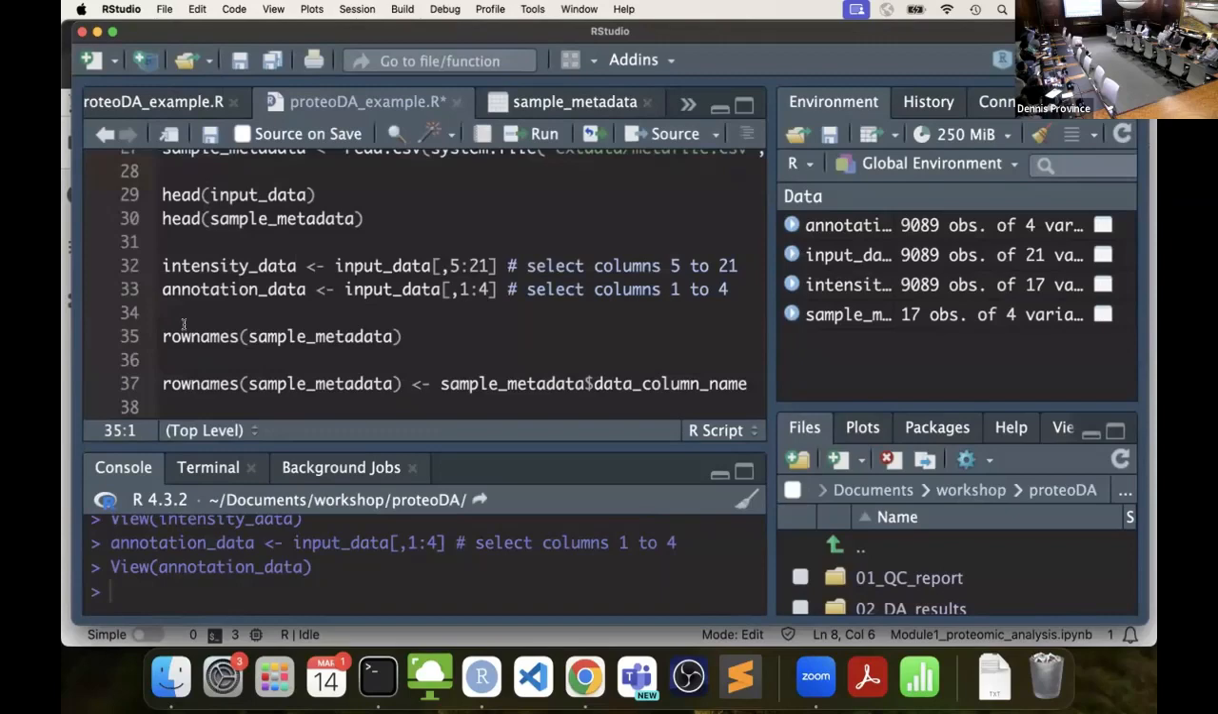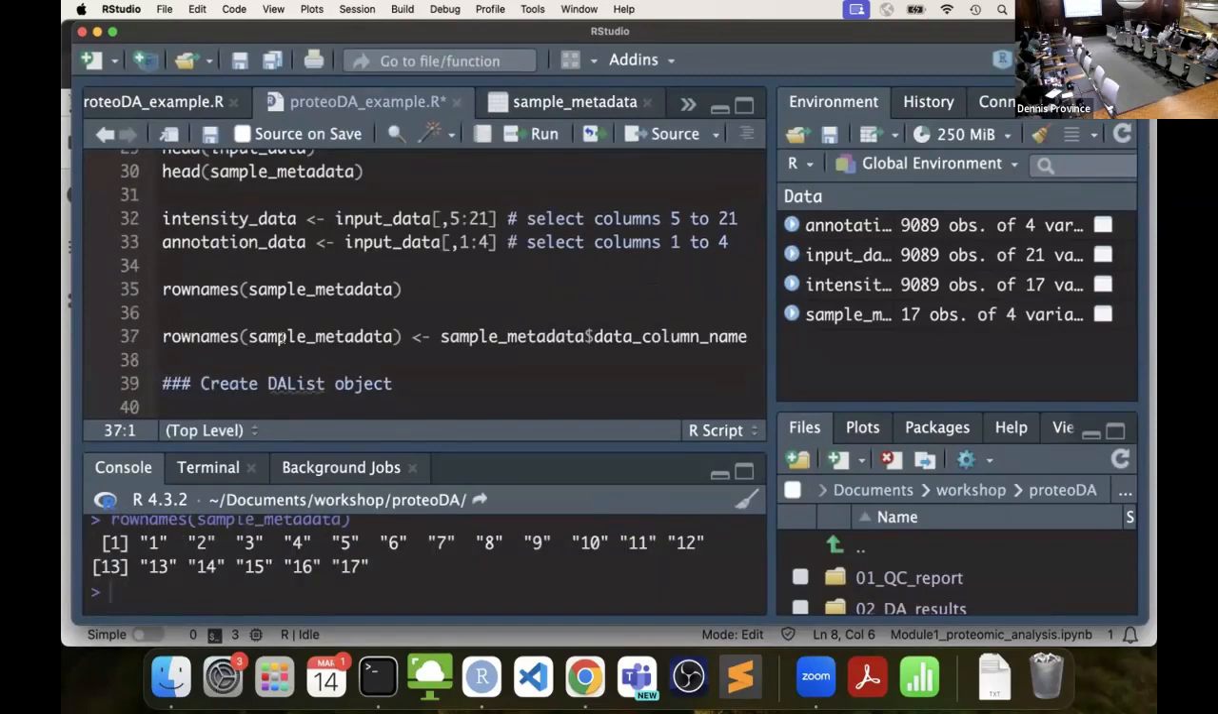And then I keep saying the row names of the sample metadata have to match the column names. So if we look at the row names of our sample metadata, when you load it into R, it's just going to be numbers of the different rows. We want to define those row names. And so we make the row names of the sample metadata equal to that data column name that I added